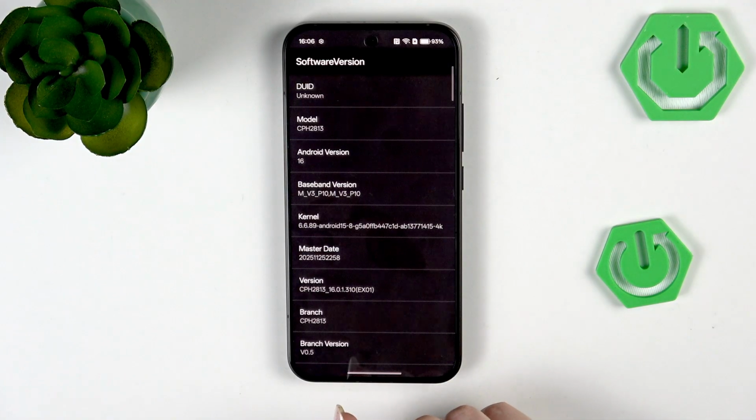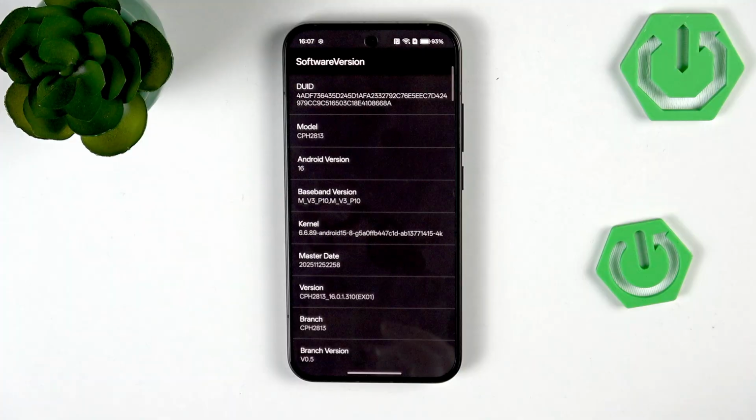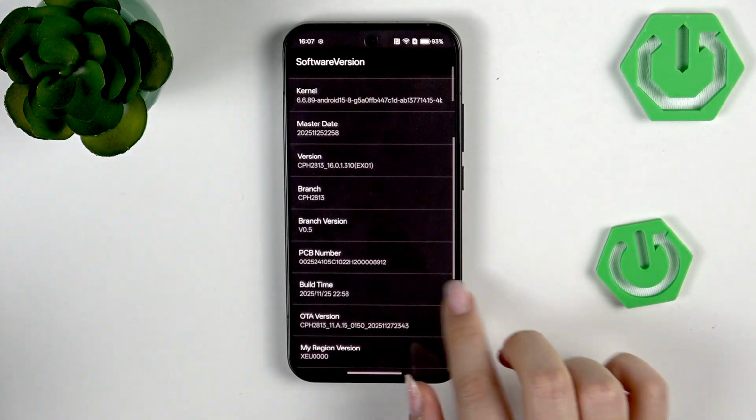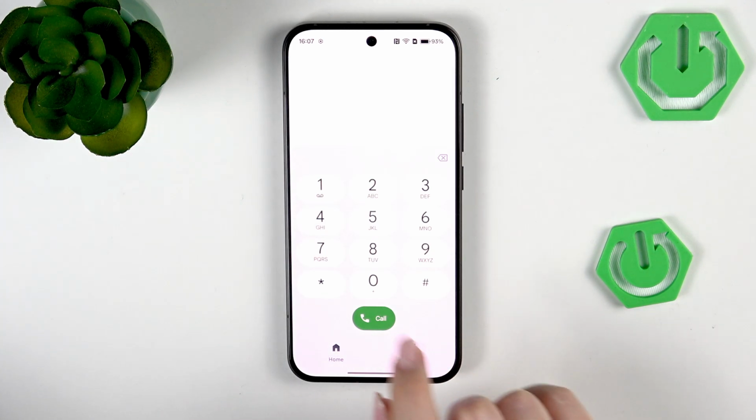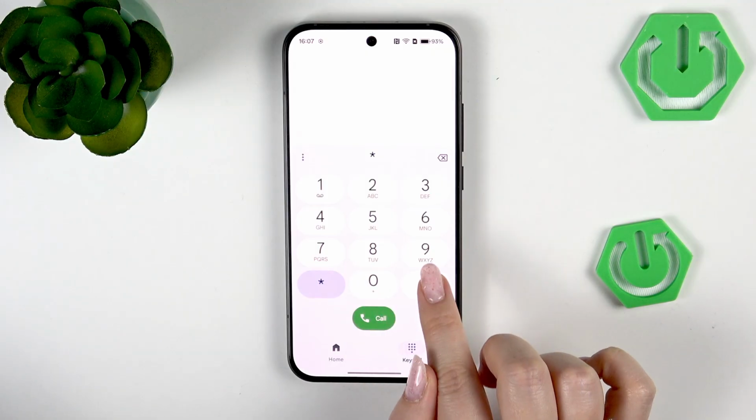*#6776#, and here we've got the information about the software version, so we can check the exact model, for example, the Android version, master date, version, etc. And another code which we can check is